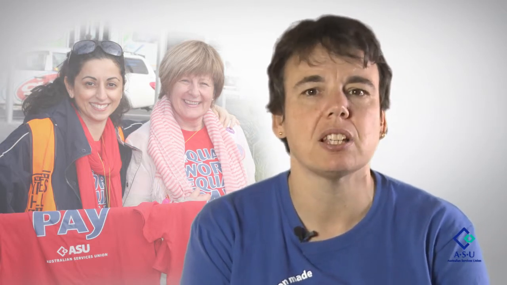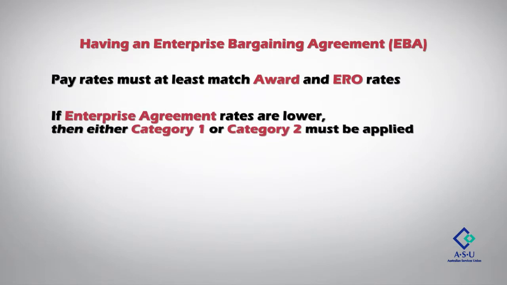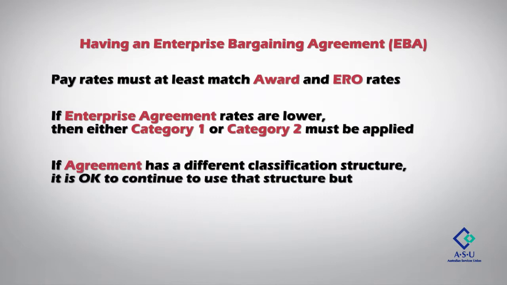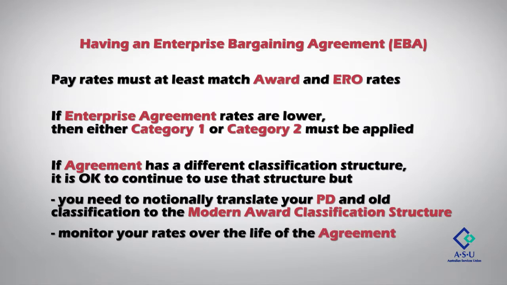It's also important to know how your pay rate sits in relation to the award for when you are bargaining your next collective agreement. Agreement pay rates must at least match award and ERO rates. If the enterprise agreement rates are lower, then either Category 1 or Category 2 must be applied. If the agreement has a different classification structure, it's okay to continue to use that structure, but you need to notionally translate your PD to the SCHCADS award, and you need to monitor your rates over the life of the